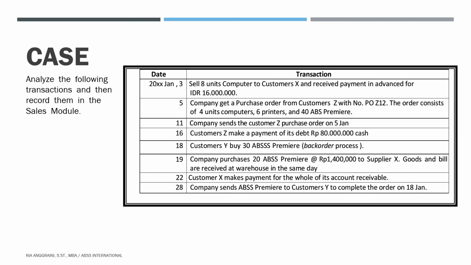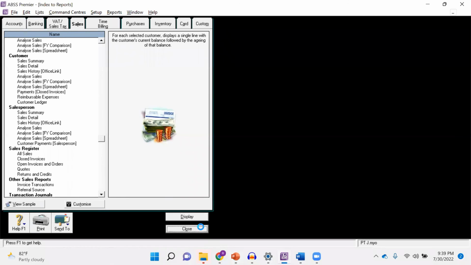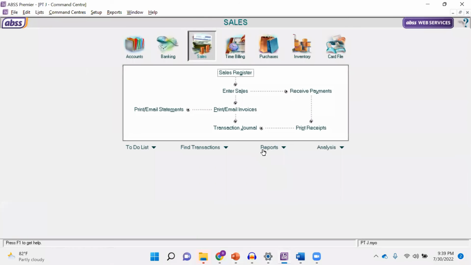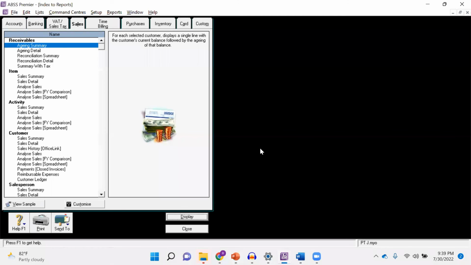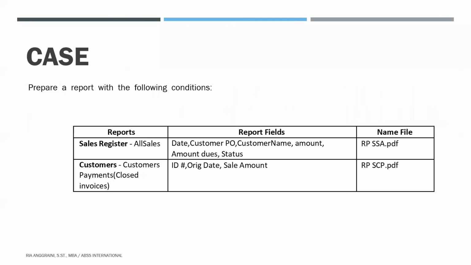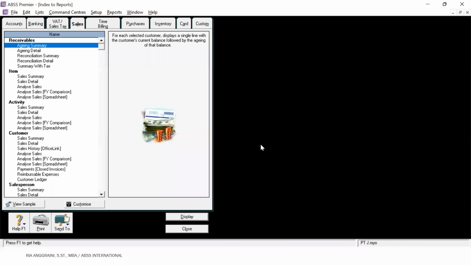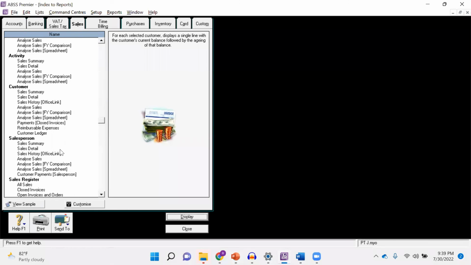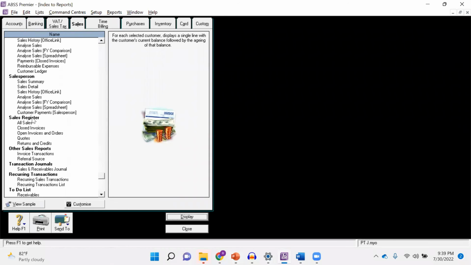Now the last is preparing reports for sales transactions. Go to the report menu and then sales. According to the case, we have to create two reports, which are sales register and the customers. For the first one is sales register.